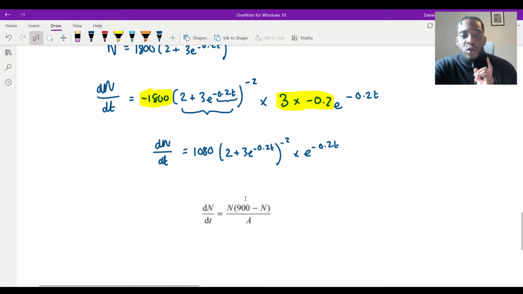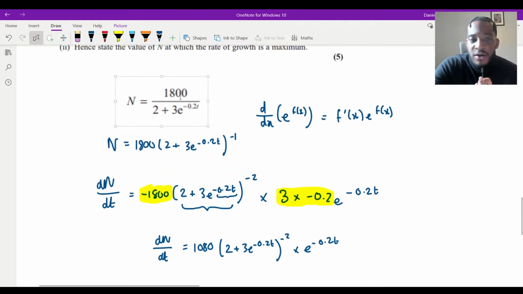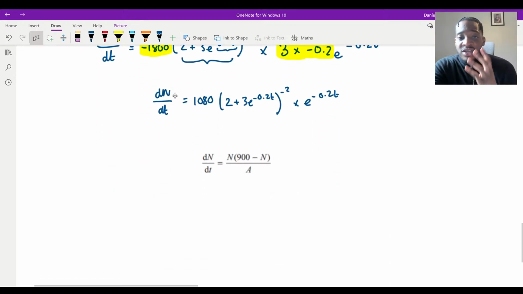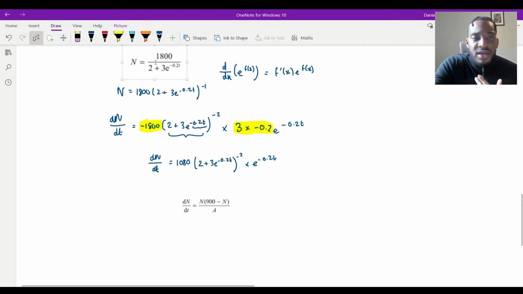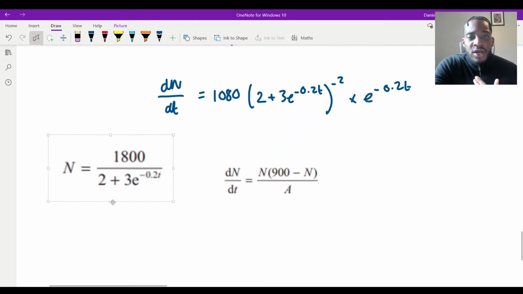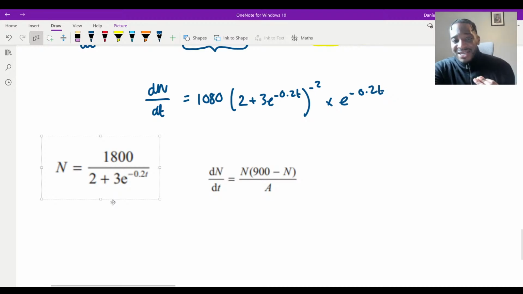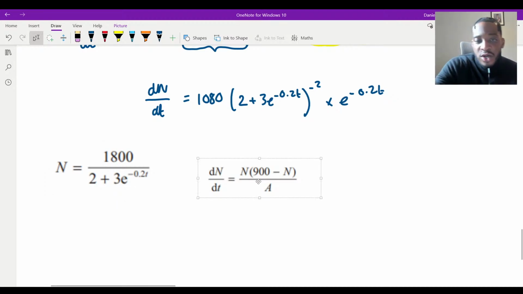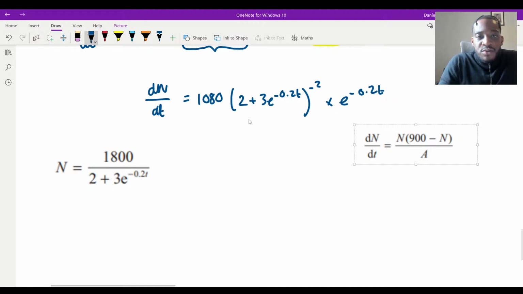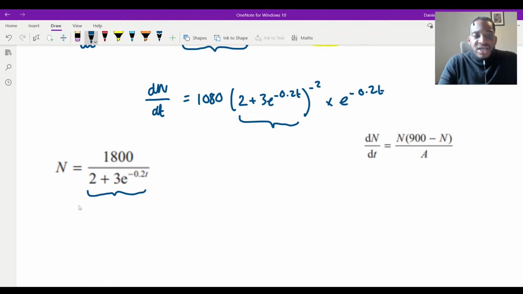So what do we do in this case? Well, what you want to do is remember your actual formula, the function given to you. You can rearrange this to get expressions for anything you like. Remember, it's an equation, so you can do that. If you see any variable in a derivative, you can use it. We want everything in terms of n, and at the moment it's in terms of t. This is really good because I've got this right here: 2 plus 3e to the minus 0.2t. When I look at this, I can rearrange to get that 2 plus 3e to the minus 0.2t is going to equal 1,800 over n. And that gets rid of a lot.